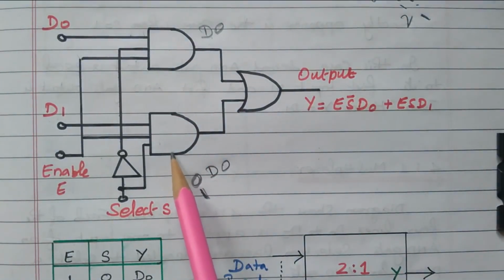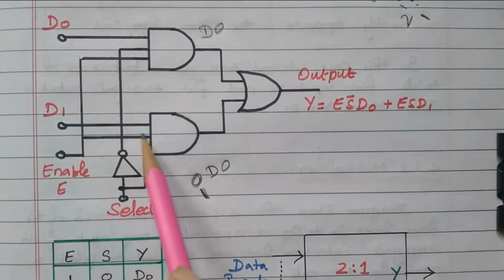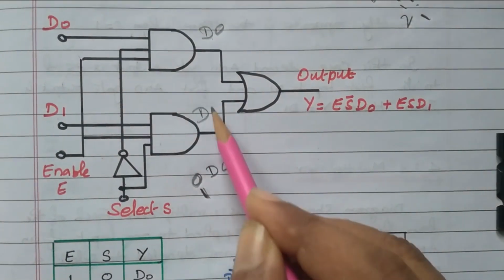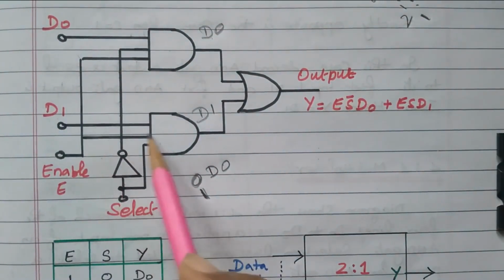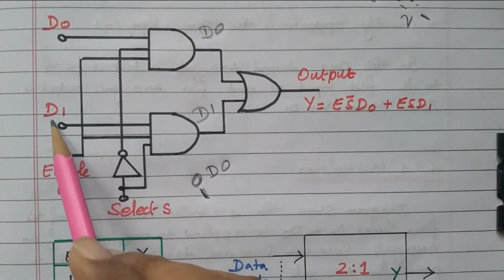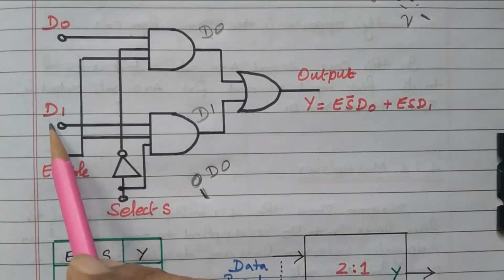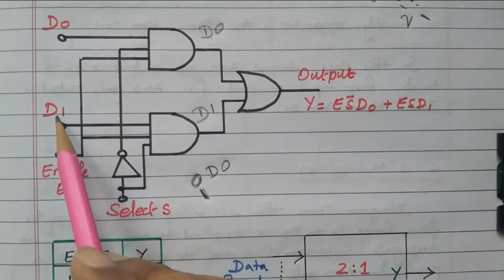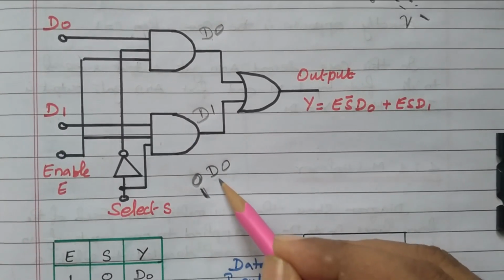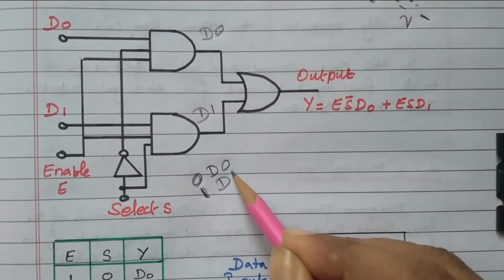Only the second AND gate has all 1s, since enable is 1 and the selection line is also 1. So whatever D1 is, if D1 is 0 then 0 is available, and if D1 is 1 then 1 will be available, right? So the selection line is 1 means we get the output as D1,